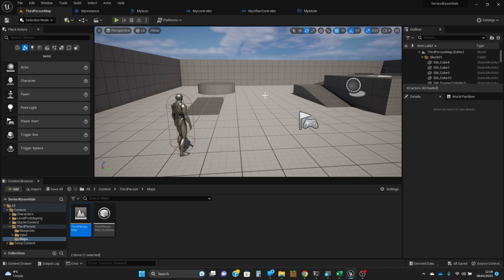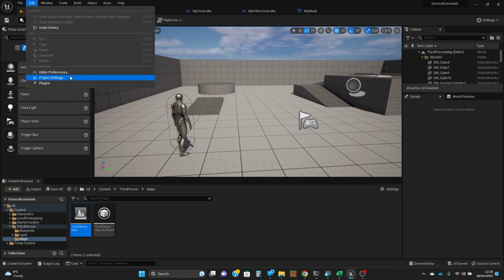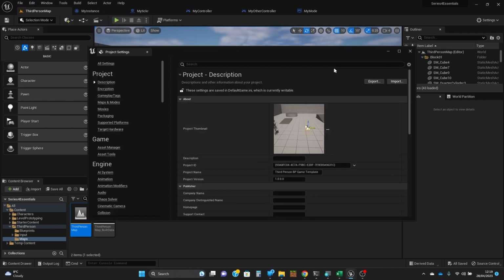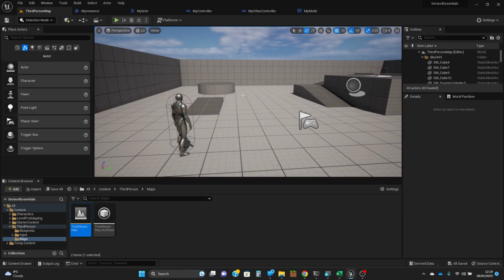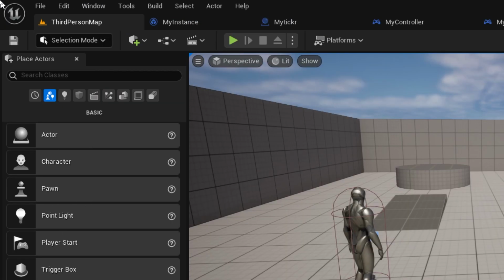So there are two ways of accessing this information. So one is when you go into the project settings, and the other is doing it through the interface for a mode. I just want to quickly say, actually, before I go in and look at these, that this is a fairly standard third-person template map that I've got, which I've made some changes to. I've got two versions. So if you've been following along the videos, you know what's been going on here. But in this video, I'm not going to make any changes at all. I'm just going to talk about some of the stuff that's here. And at times, I'm going to be quite vague as well. So I'm going to zoom in, and then we'll do this again and look at the